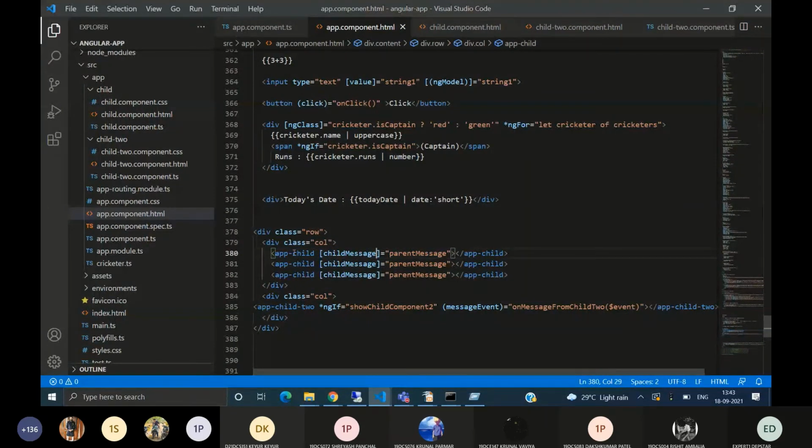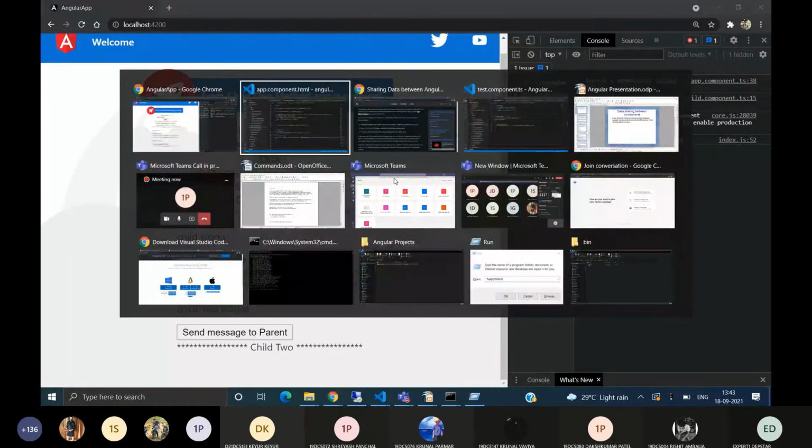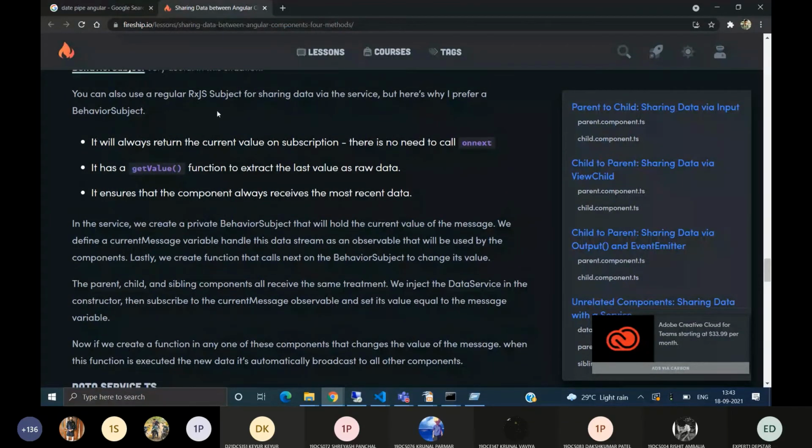I can pass different data from parent to child in each and reuse these components. But a service is a singleton class, so it will have only one instance. So many components can use a service and have the data between them synced with the service.